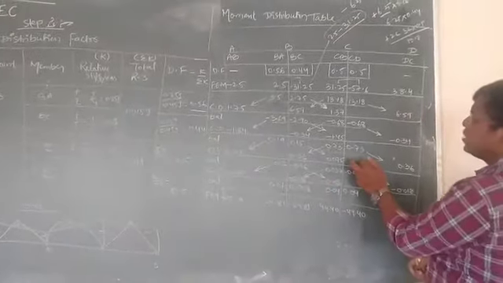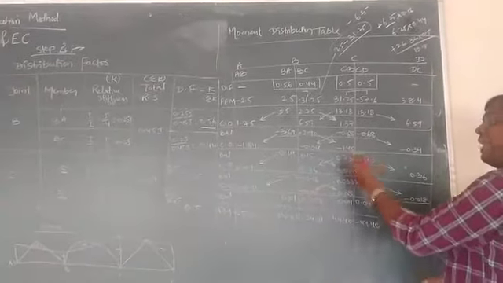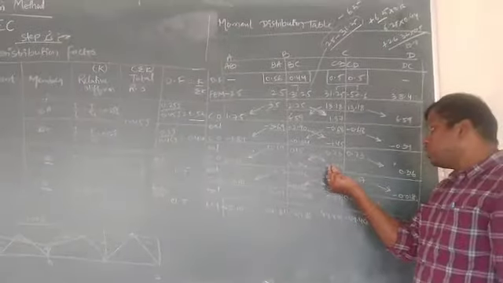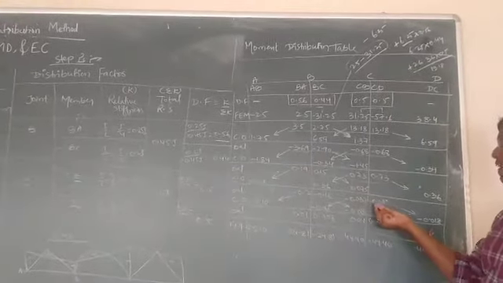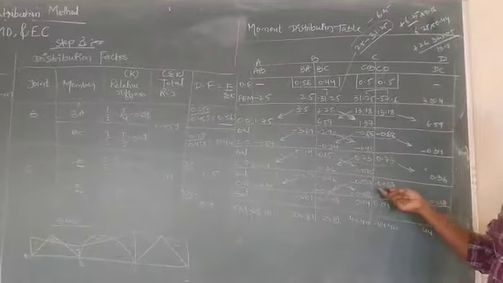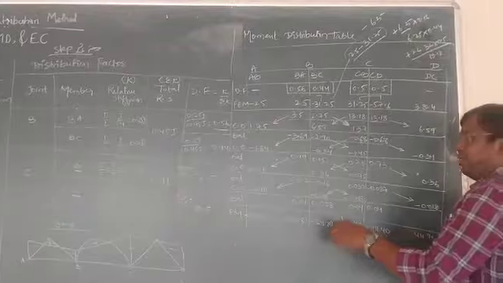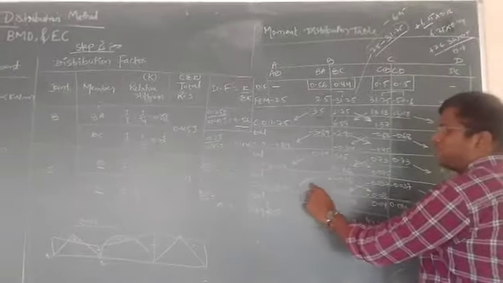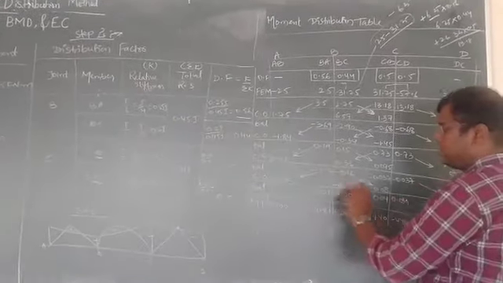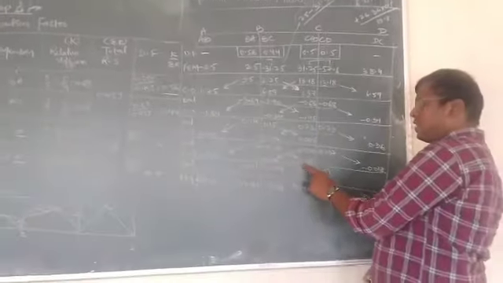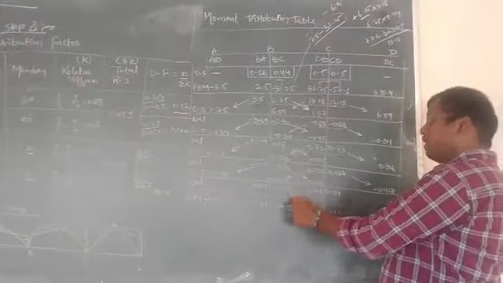Similarly, look at here, joint C got disturbed by the 0.075 moment. It has to be balanced. The balancing moment will be equal to minus 0.075. That multiplied by 0.5 gives you minus 0.037. Okay, look at here. Again, we have not arrived at a 0.01 value. So, carry forward half of the moment to the far end. Minus 0.2, half is minus 0.10. Similarly, minus 0.16 half is minus 0.08. Minus 0.037 half is minus 0.018.